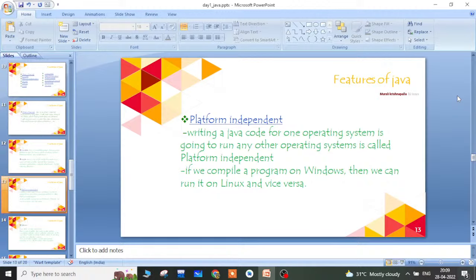Because when you write a program on Windows, you can run the same program on Linux or Unix or any other operating system, so we can say Java is platform independent.